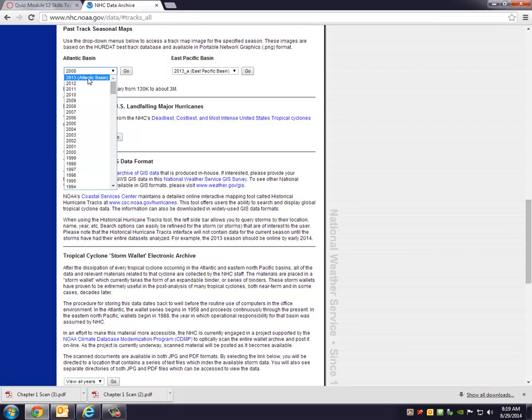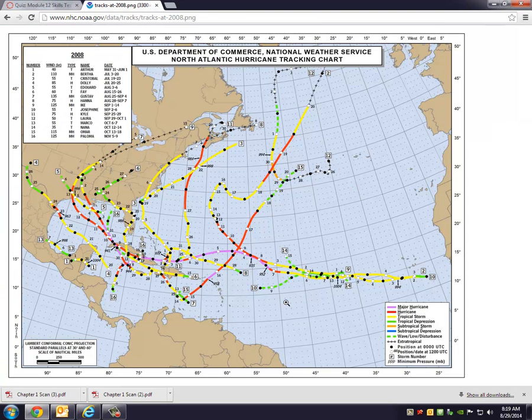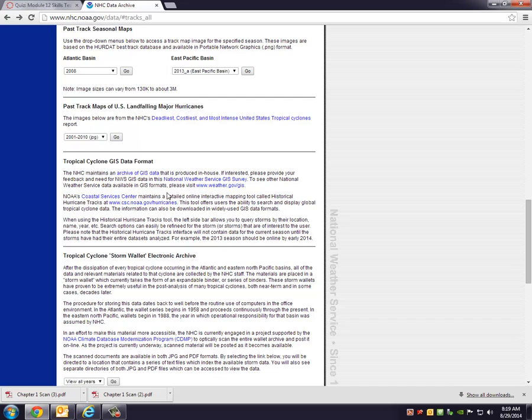So we're going to just choose any year you really want. You can just pick a year and take a look at the map. I'll choose 2008. But again, you can choose whichever year you want. And you look for any storm that made landfall in the U.S. For example, I mentioned earlier that I covered Hurricane Gustav. I went down to New Orleans in 2008 to cover this storm. So I'm going to choose number 7 of that year, which was Hurricane Gustav. I'm going to just go back, and you don't need to use that map, but once you've identified a storm that you're interested in, then you scroll back up,